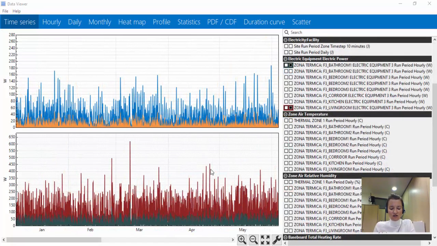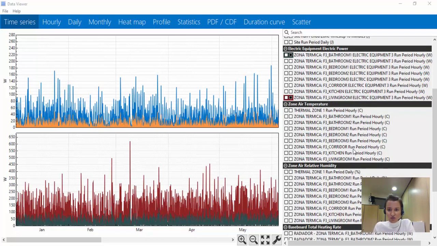Besides the data related to the energy use for electric equipment, lighting, heating system, and domestic hot water system, other relevant data that we can check through the data viewer are all data related to the indoor environmental